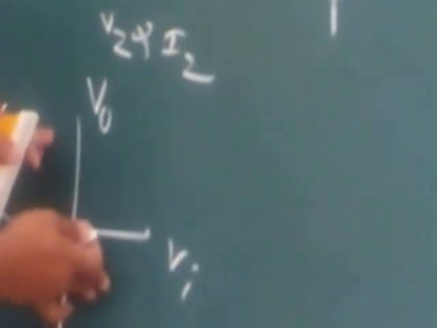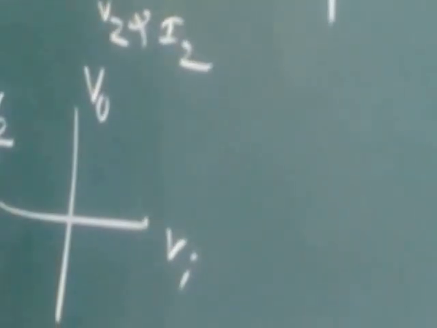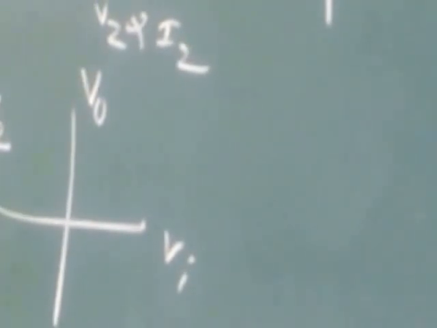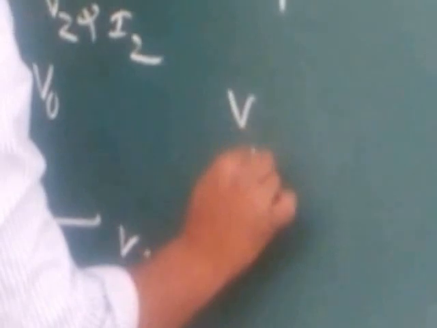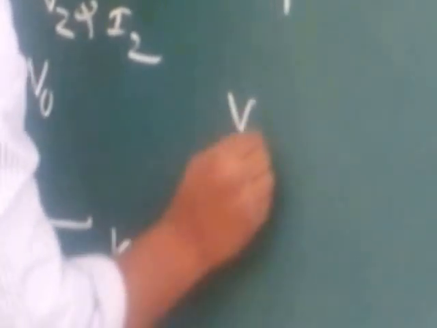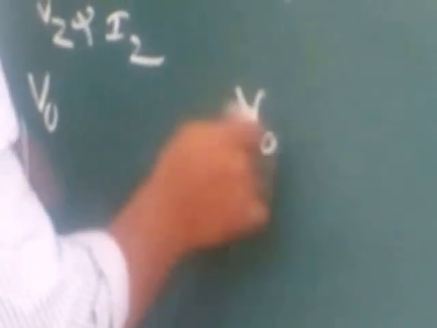These transfer characteristics can also be obtained by using a CRO, by keeping the CRO in XY mode. How is it possible, you see. For example, I will give one equation. Actually, this equation comes from the clipper circuit, and I will give it directly. V0 is equal to 0.6 volts. This 0.6 volts is the cut-in voltage of the diode. We get the output voltage equal to 0.6 volts whenever the input voltage is greater than 0.6 volts.